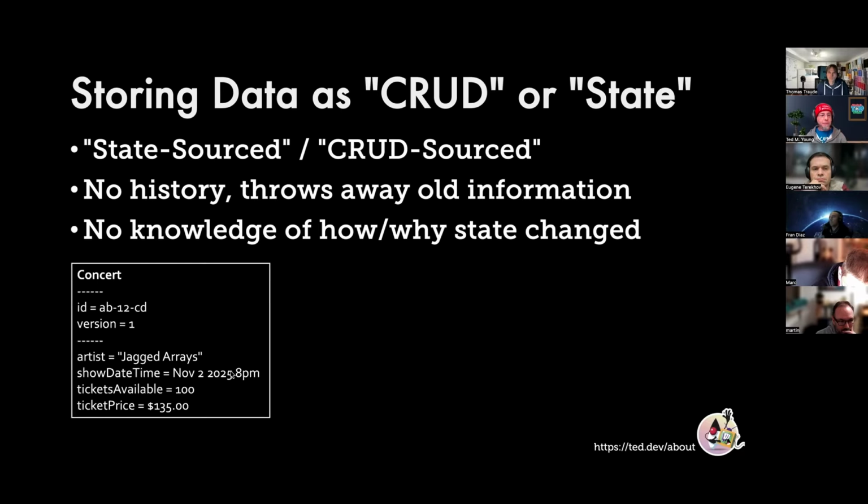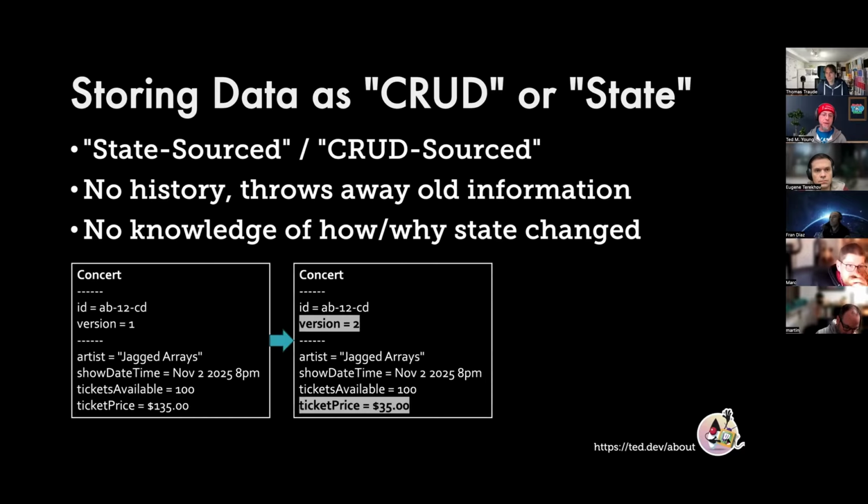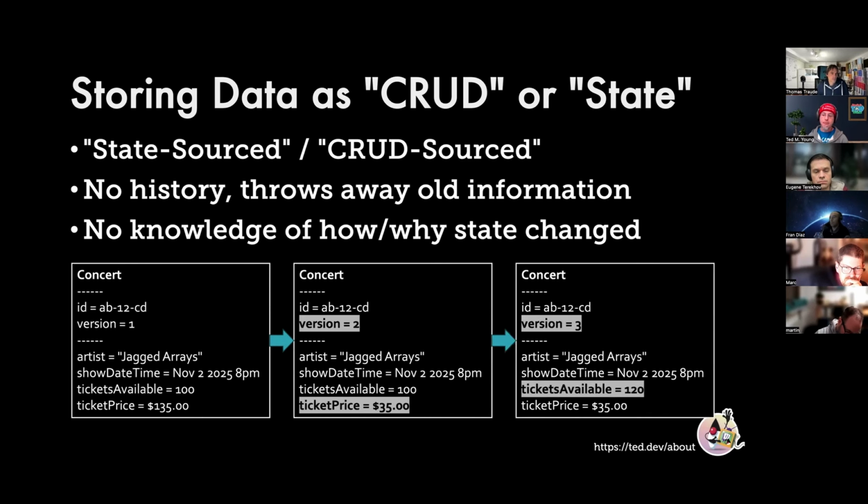So, we've got a concert. It's got an ID, it's got a version, so we use that for optimistic concurrency. And then we decide that we need to change the ticket price because somebody made a typo and it shouldn't have been 135, it should have been 35. Version number changes, we persist that. We figured out a way to fit more people in, so we increase the capacity from 100 to 120 tickets available, right? But we've lost information about